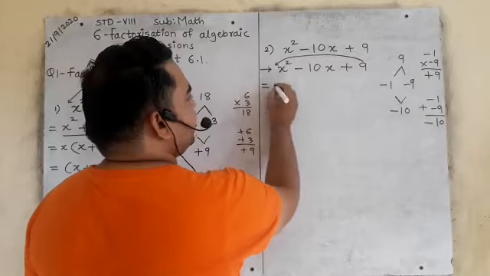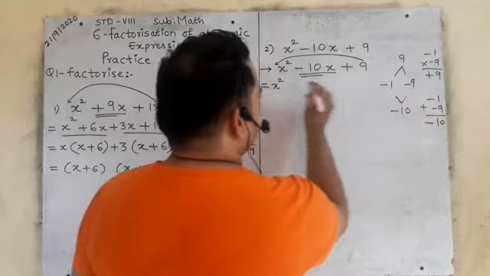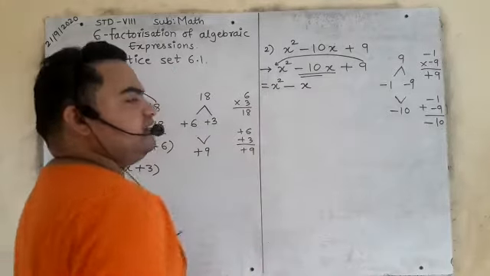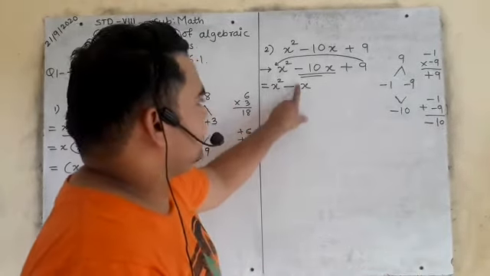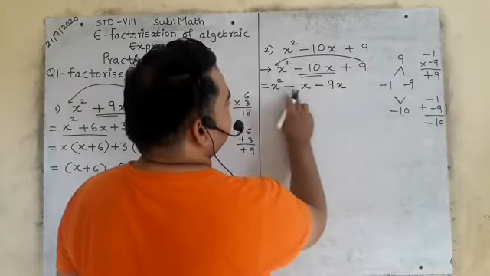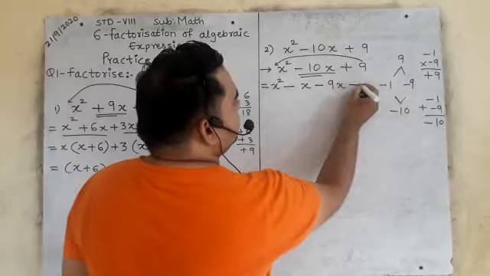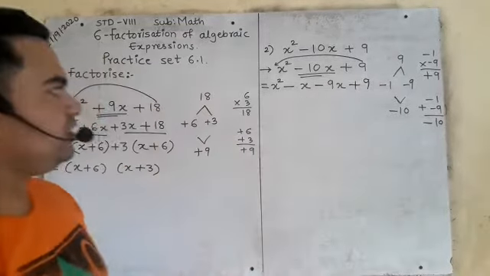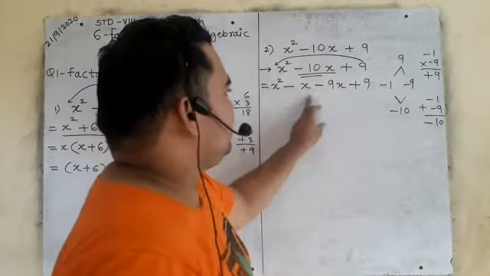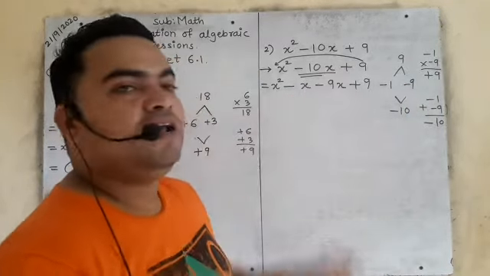So what do you have to write? How will you solve? First term as it is. This middle term will split. Instead of this, you will write these two factors here. Here, minus 1 means 1x, we should not write 1, so here you will write only minus x. Then minus 9x. See, minus 9x, total minus 10x. The third term, which is the constant, you will write as it is. First term as it is, third term as it is, and the middle term will split. Whatever factors are here, these two factors you will write here with the given variable.